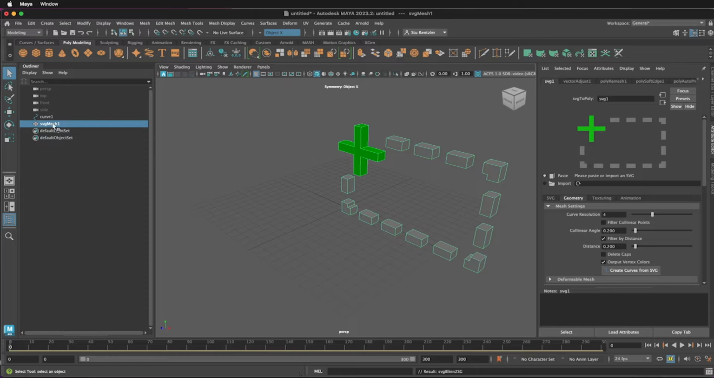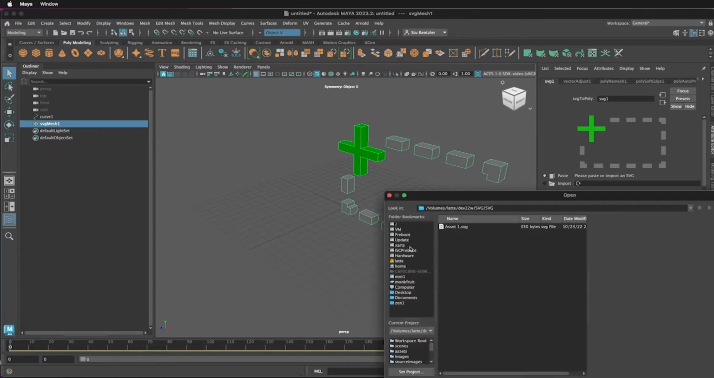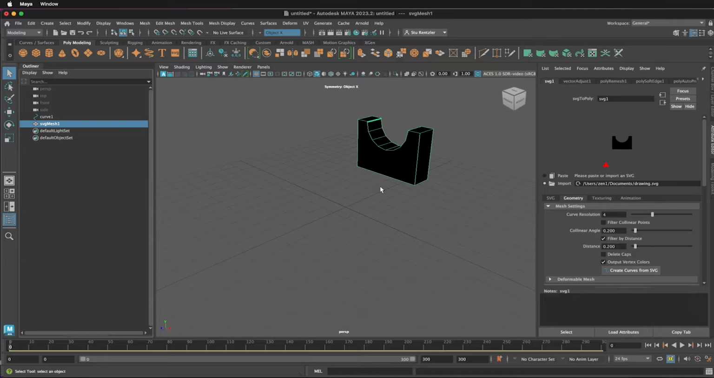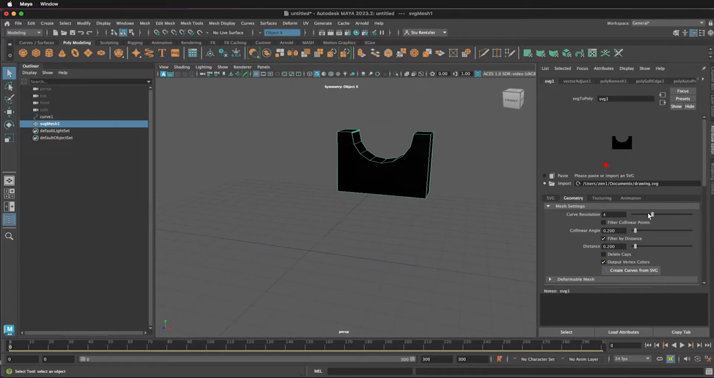With this SVG selected, under the Attribute Editor, if you don't see the Attribute Editor open, press Ctrl-A, click on this folder icon, and select the SVG that you just created using Inkscape, and click on Open. And there it is. Under the Geometry tab, you can make it very sharp or make it very refined like